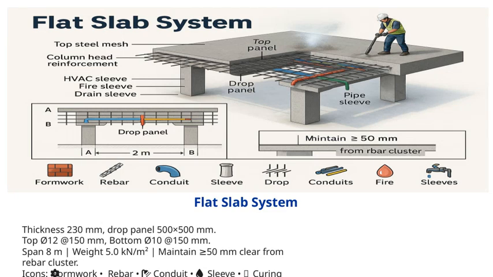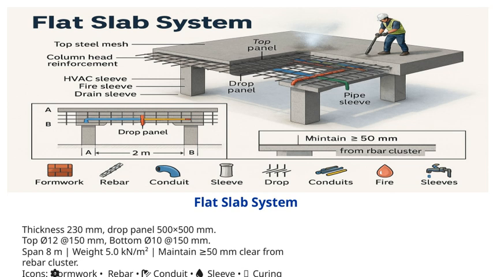Let's take a closer look at the flat slab system. The slab itself is 230 millimeters thick, which provides a good balance between strength and material efficiency. Additionally, we have drop panels measuring 500 by 500 millimeters, which are crucial for enhancing the load distribution, especially around columns. Moving on to reinforcement details, the top reinforcement consists of O-12 bars spaced at 150 millimeters, while the bottom